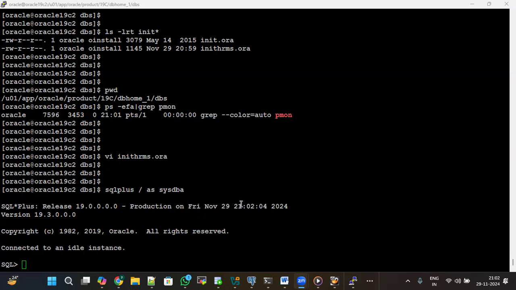When you have both the SP file and P file in the DBS location and we give a simple startup, by default it's using the SP file only. So I want to start with the P file. Why? Because I changed the parameters inside the P file, not the SP file. So let me startup